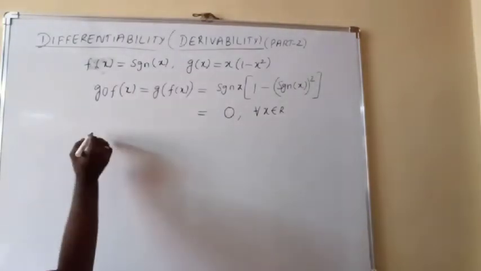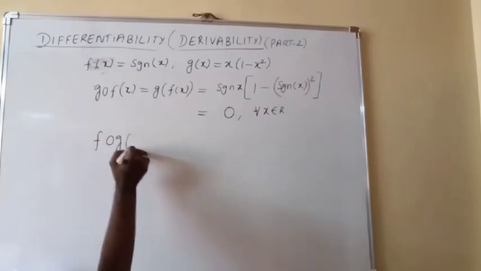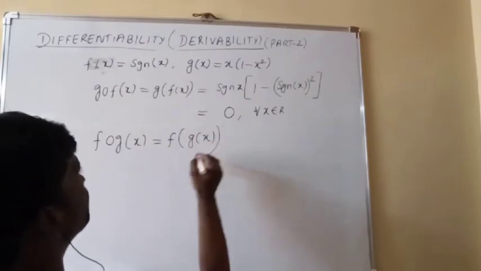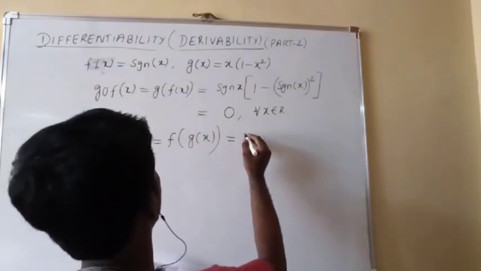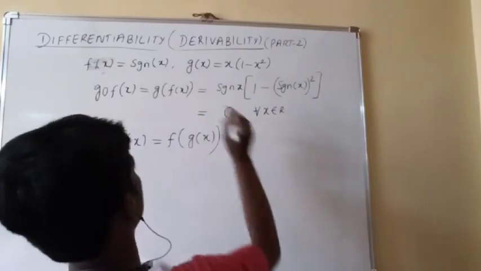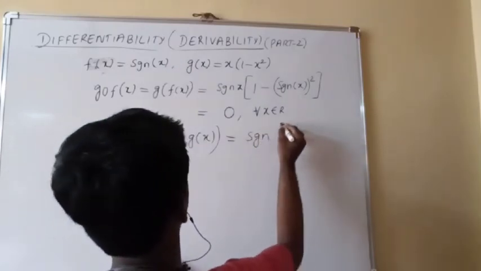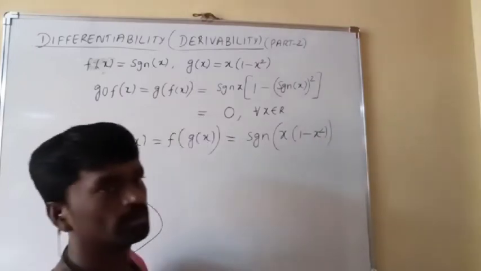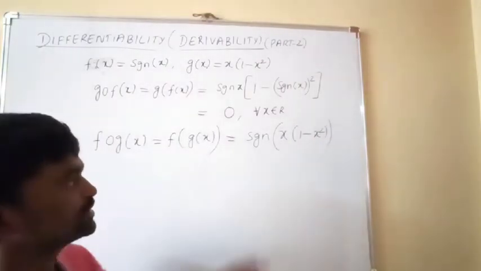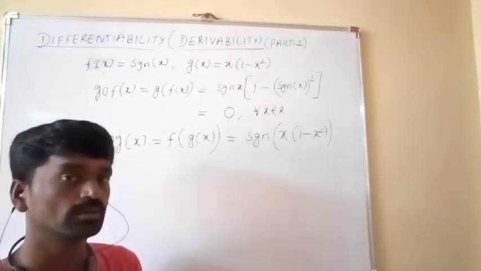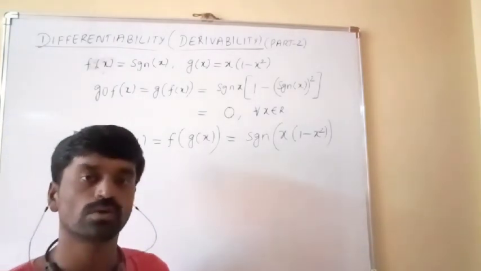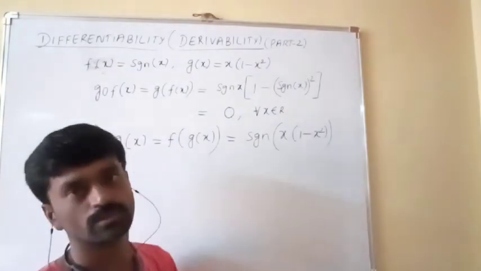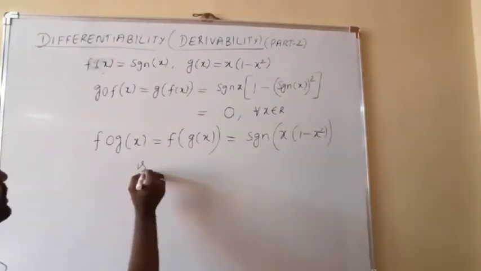Next, f circle g of x, f of g of x. What you will get? First g function, then f function. So signum function of x into 1 minus x square. From continuity part 4, I discussed this model problem. Signum of x is not continuous at 0. Then signum of f(x) is not continuous at f(x) is equal to 0. That means signum of x into 1 minus x square is discontinuous